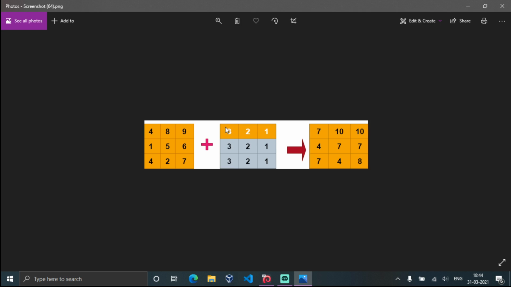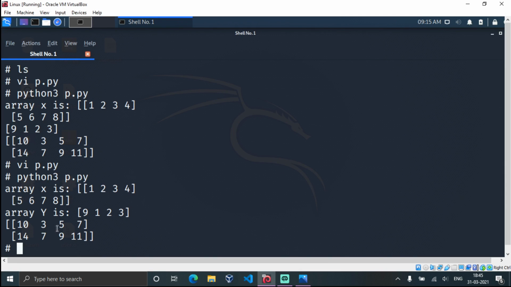The first three elements of the matrix will be replicated till the size of the first matrix is obtained. And here is the output, the addition of the two arrays x and y, where one is of order 1 by 4 and the other is of a different order. So this is the output that we got.